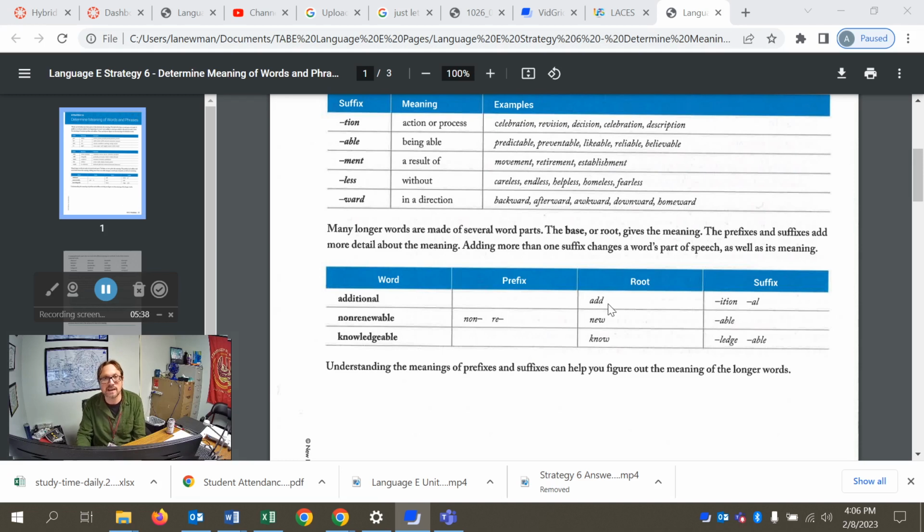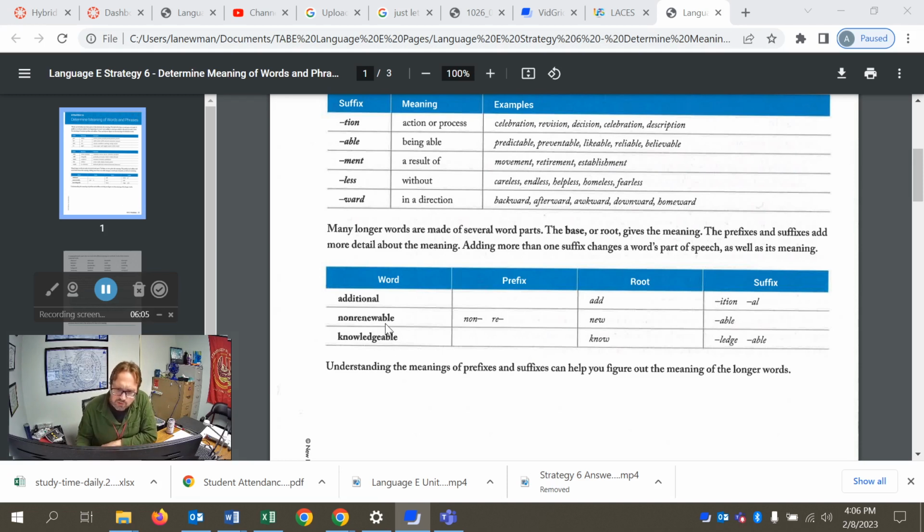I think we know what that means, to make something more or to add to it. But if we add the tion part, then we end up with addition, which is the action or process of adding. But if we add al on there, then we're turning it into adjective form, like give me an additional reason for your